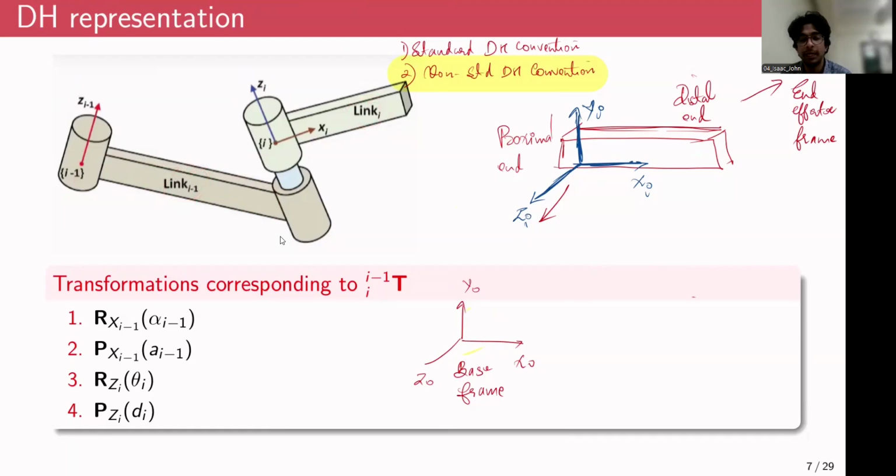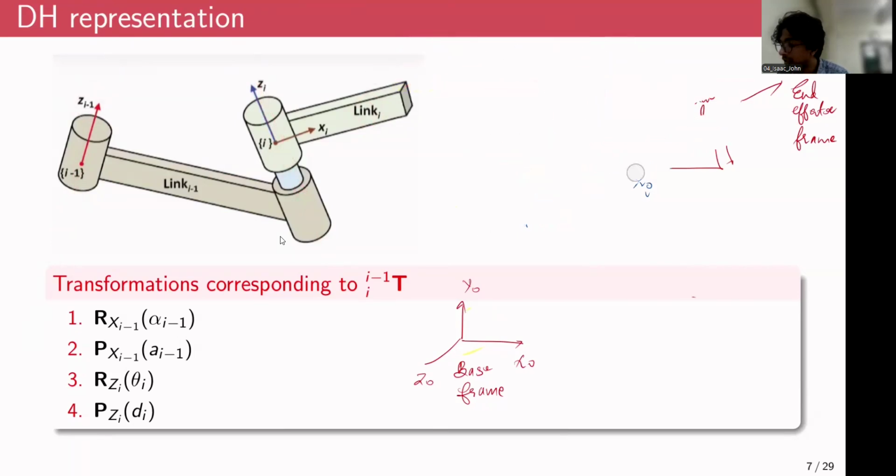And we begin by assigning the z-axes for the frames. So as you can see, there are two revolute joints, one along this axis and another along this axis. So the z-axis corresponding to the frame of reference of link i-1, we attach it along this joint or this axis, that is Zi-1. And the z-axis of the frame corresponding to link i, we attach it along this rotary axis. And now